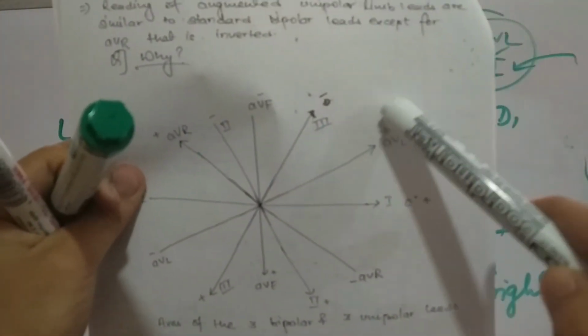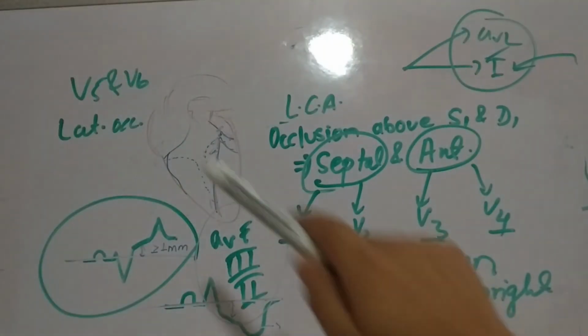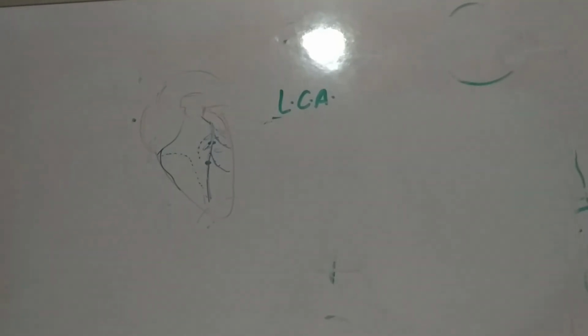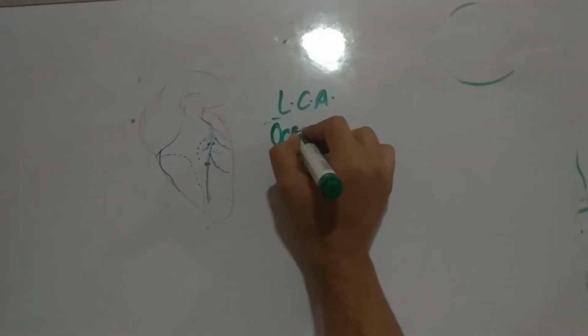So aVL is also the lateral part, and lead 1 is also the lateral part, and we have already discussed that V5 and V6 are also the lateral part. So this is the basic funda. And now in this second part we will be discussing what defect will be seen when there is occlusion